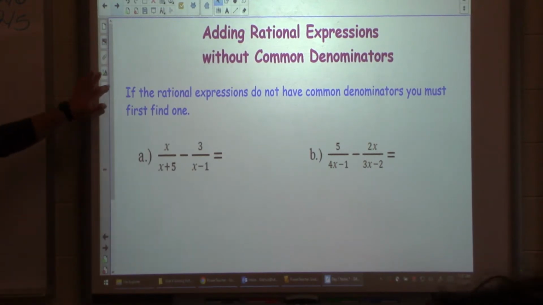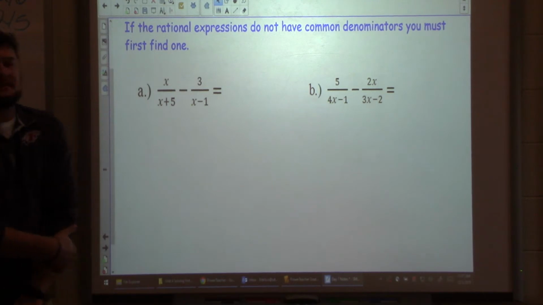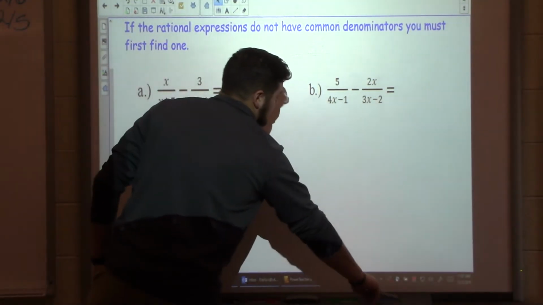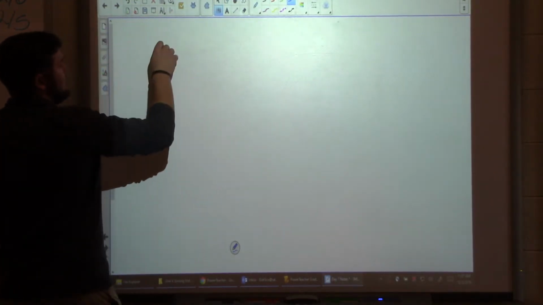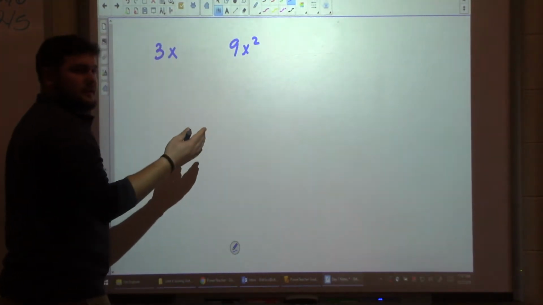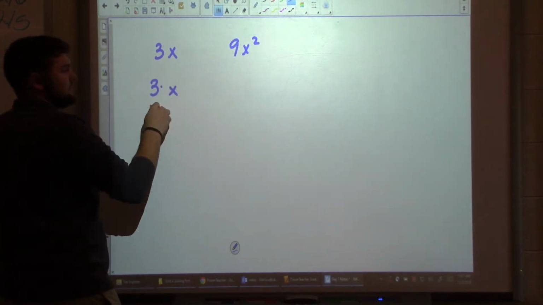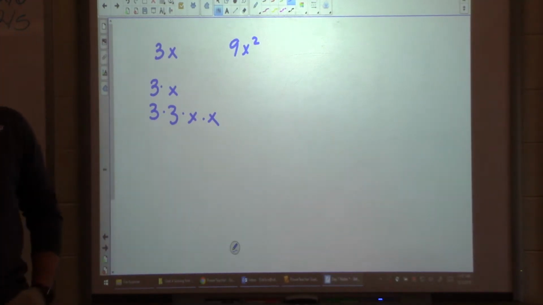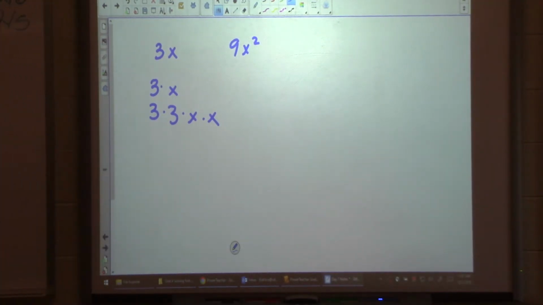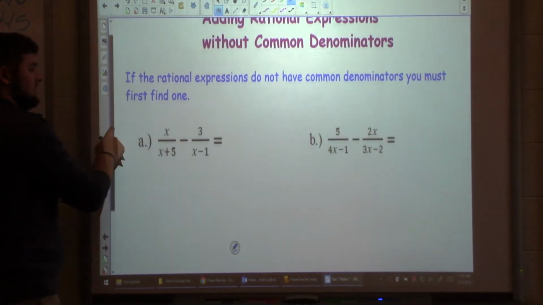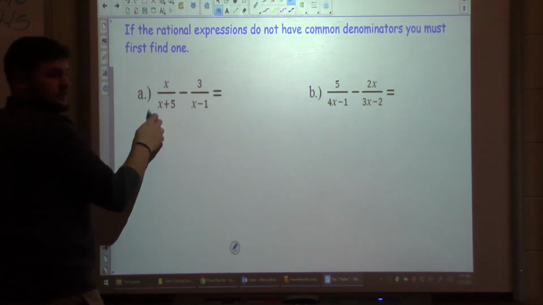Alright, so our first one here, x over x plus 5 minus 3 over x minus 1. I need to find common denominators. Normally when I did this, let's say if I had 3x and 9x squared, I'd break them down to 3 times x, 3 times 3 times x. I'd circle what I have in common, and I'd multiply that by anything left over. We could do the same thing for problems like this, but you'll notice our only factor for this one is